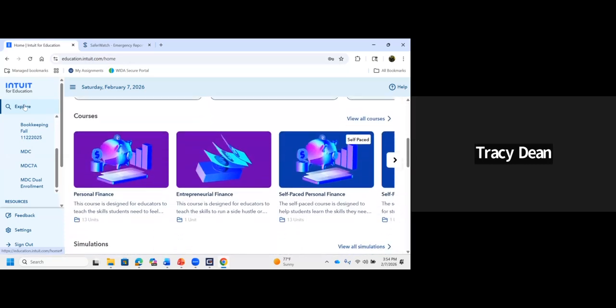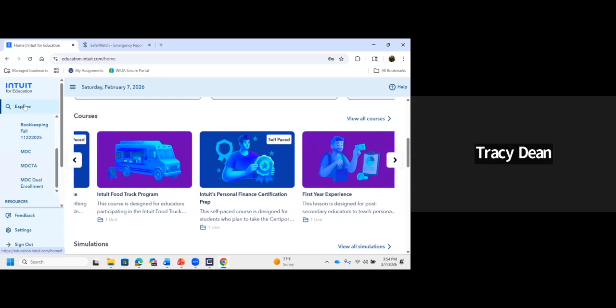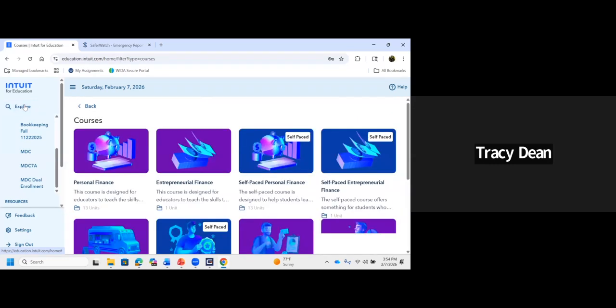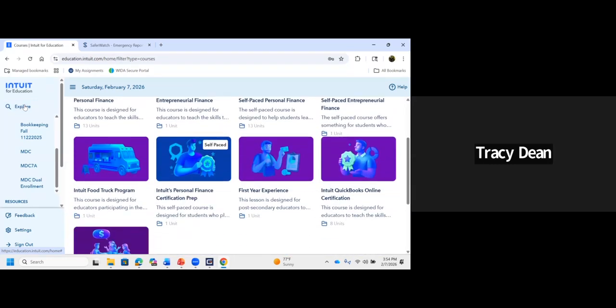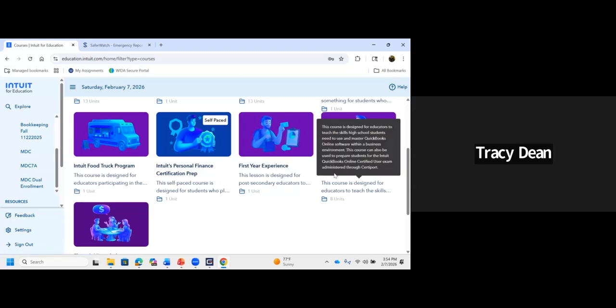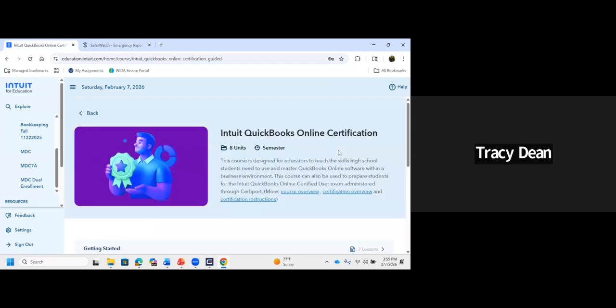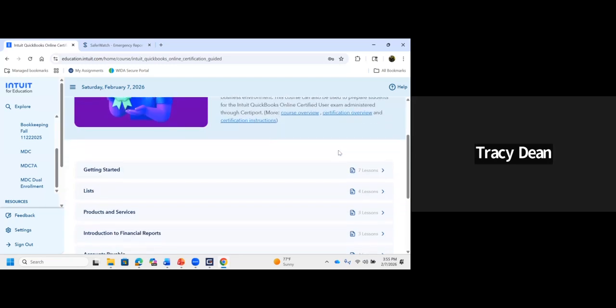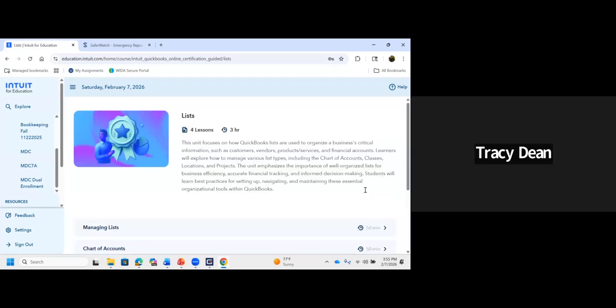If it doesn't allow me one way, I try and find it another. Here's the other one. See this Intuit one here? This is created by the company itself. So one of the things that we're going to do is see if you guys can access it. It's fairly new, but if you guys can access it,